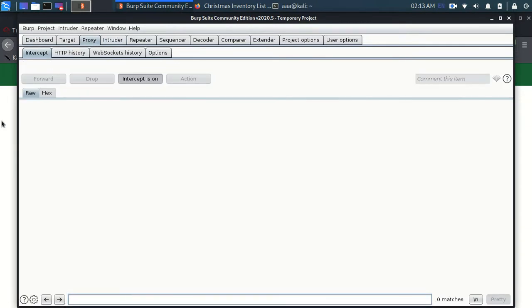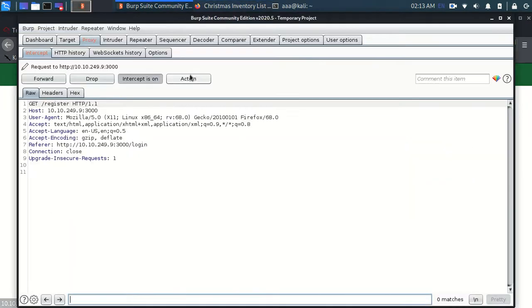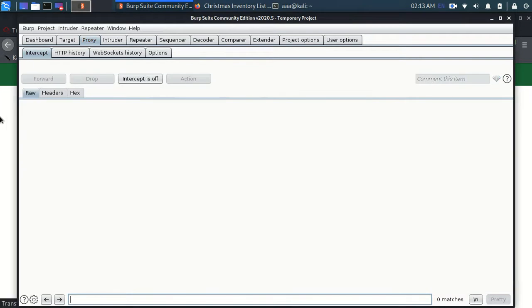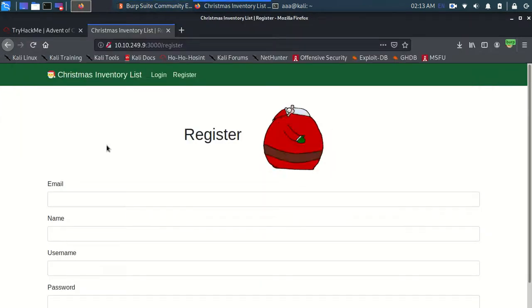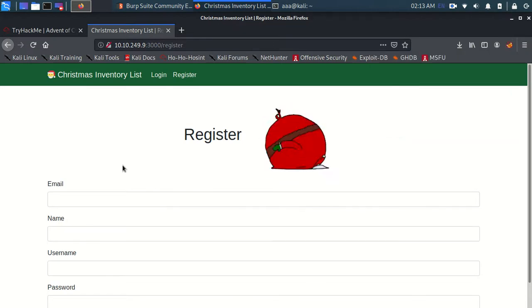Let's start by registering ourselves as a user. Let's keep the interceptor off, I'll explain everything in a second. Now we are just registering as a new user.